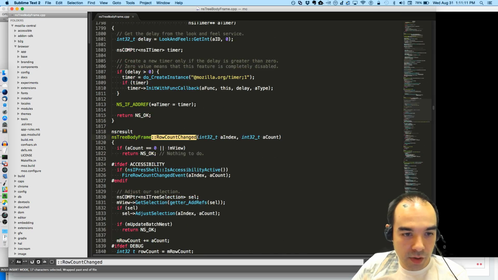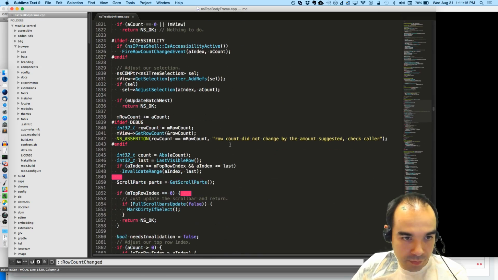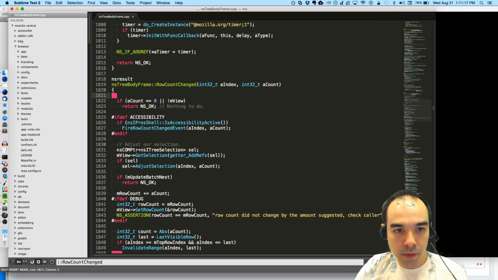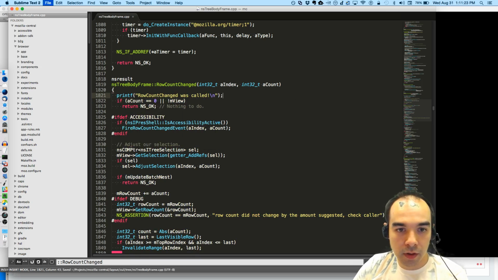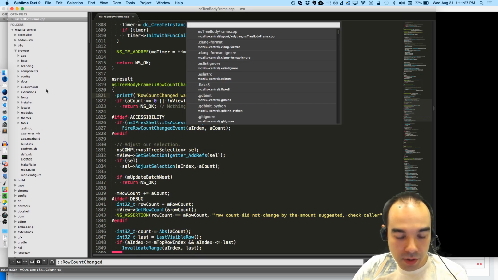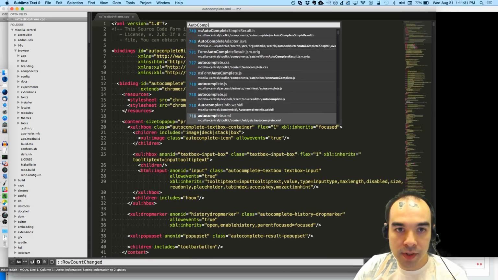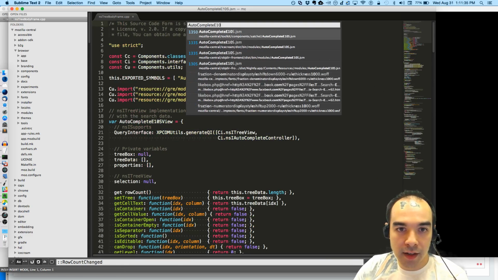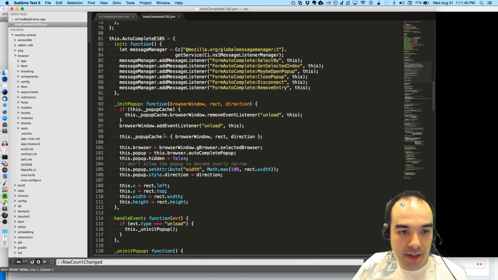Yeah, so there's this RowCountChanged. So we're going to do a printf: RowCountChanged was called. And then in another change, I'm going to do it in this file that actually opens the autocomplete popup for e10s. So this actually opens the popup and populates it.